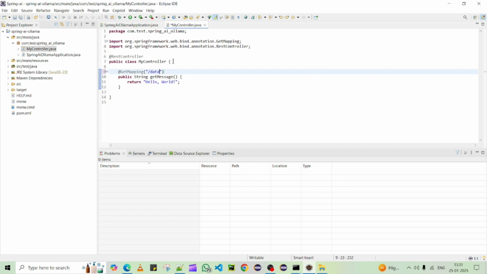So this is my API, I'm going to expose it as a get method, and the API name is get, and I'm going to write simple code here. The code we are going to write is very simple, and you can go back to your